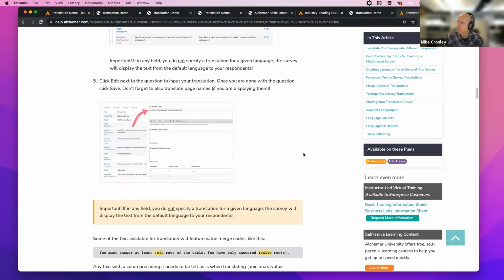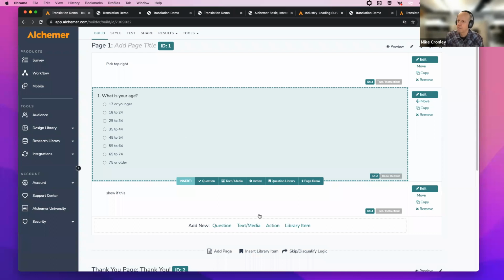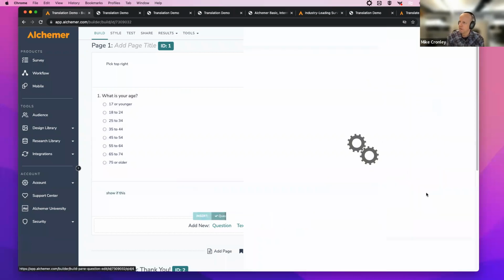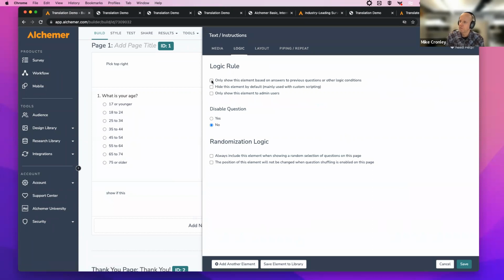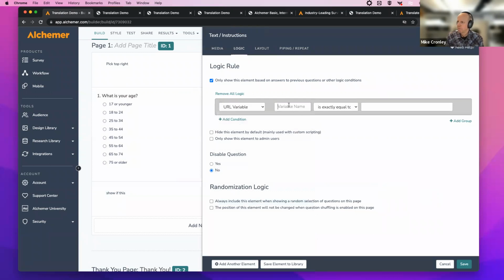I don't want to go too far down this, but essentially there are these 2-letter codes for each language. And I think I'll experiment here, but essentially I only want this to show if, and you're using a URL variable, and the variable name is, that's where I have to reference our help document. I'm not sure if it's SP is exactly equal to, so there's a way to create this variable that's based off of the language code that will only show this if that language is present, if that's the one being displayed.